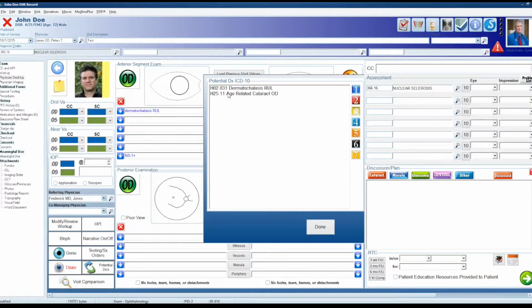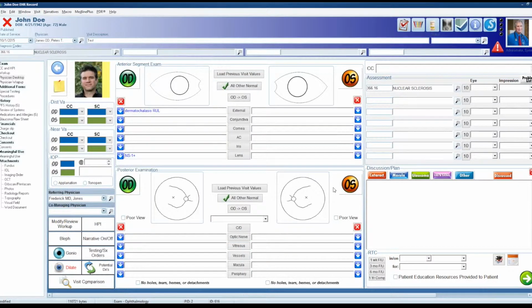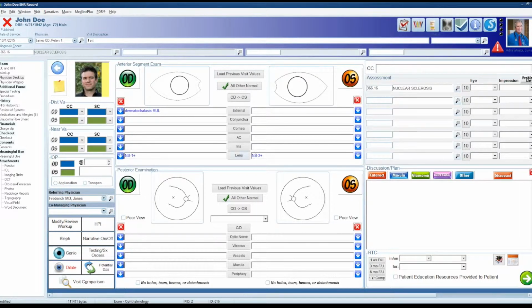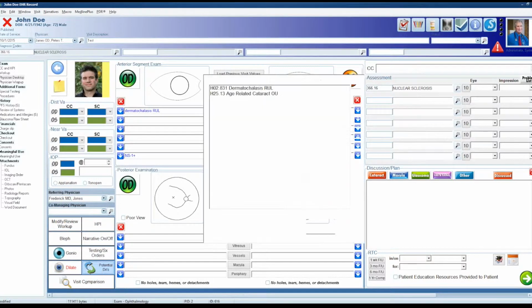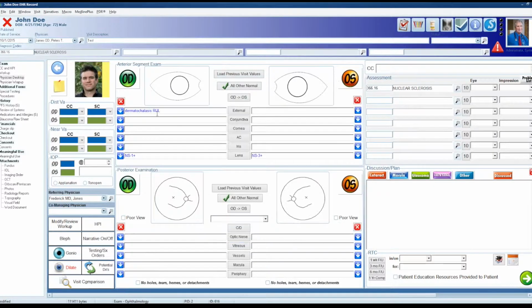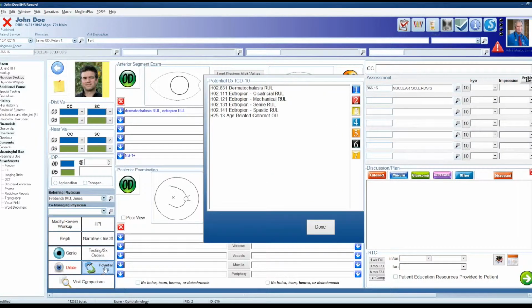Now, if you look at this code right here, where it has a 1 on the end, that's signifying just right eye. Well, the system can recognize whether you documented they had a cataract in both eyes, even if it's at a different stage. It'll still recognize the same type of cataract, and it'll recommend the code that needs to be used for a bilateral cataract. All right. Then there are some times when, let's see if I can choose the right one here. For example, there are 4 different types of ectropions that it wants you to choose from. So it'll recommend, and then you'll have to choose which kind it is